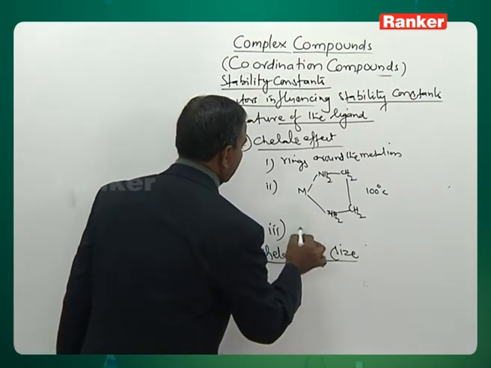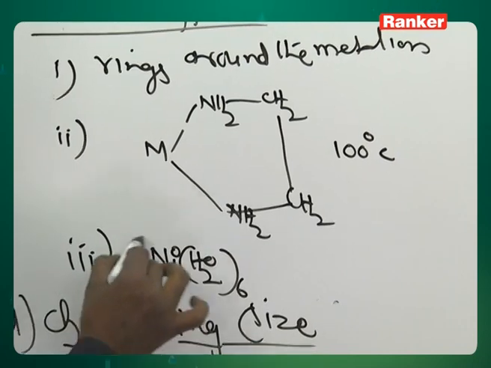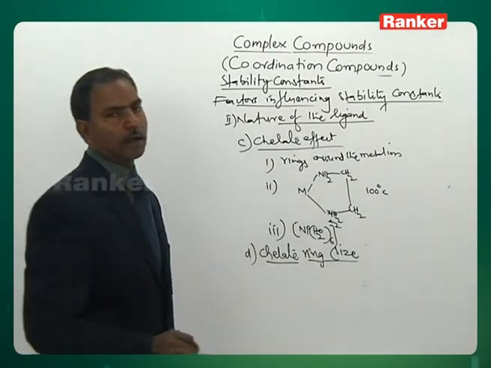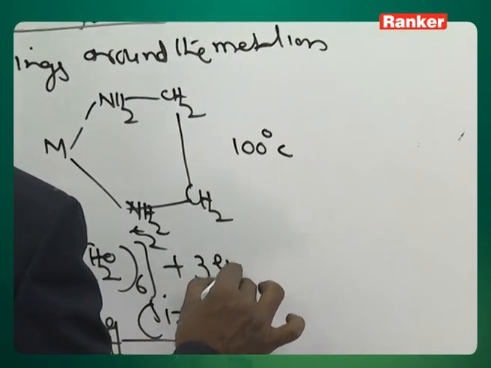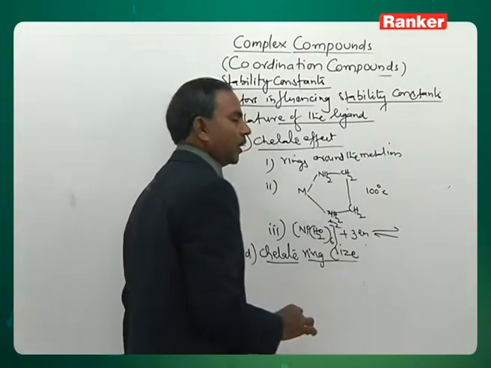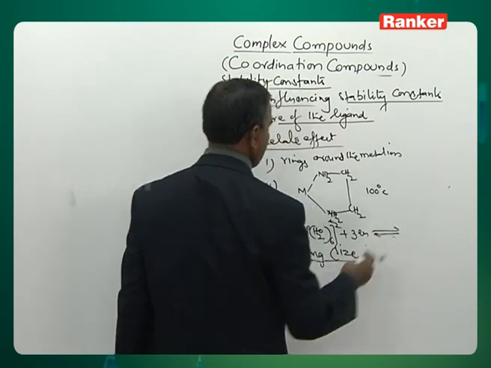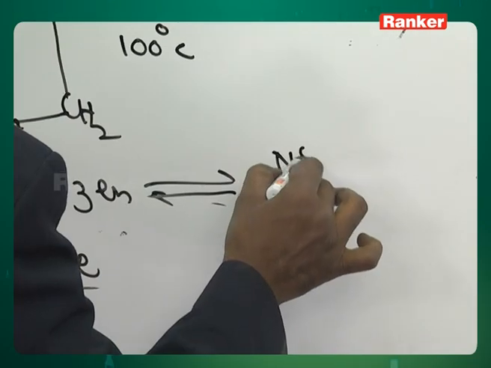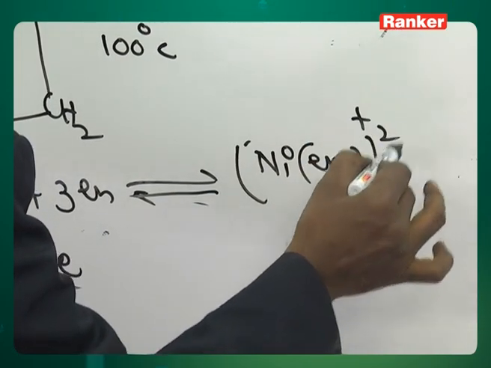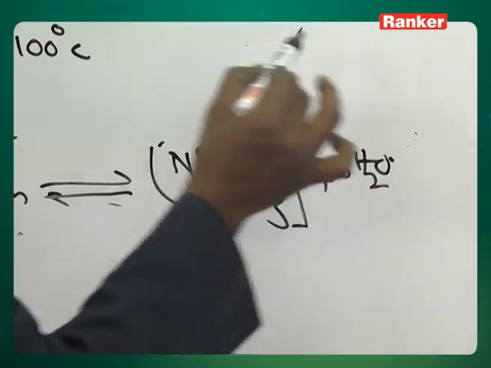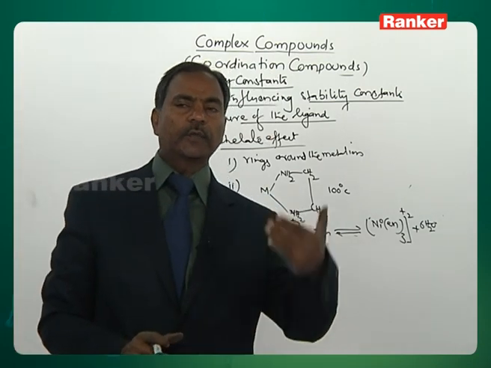Whenever a complex with chelate ligands is produced, see nickel H2O 6, a +2 complex. This is a complex with monodentate ligands. This is forming a complex with a bidentate ligand, ethylene diamine you take, a bidentate ligand. Then in the direction of formation of the complex, whenever a complex with chelate ligand is produced,